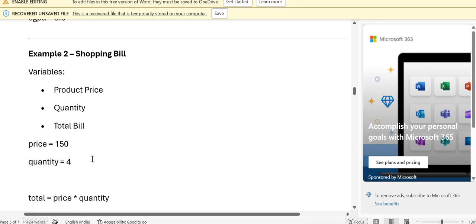In shopping bills also, you take the product price and you take its quantity, then multiply. If you bought a chocolate, maybe it is 10 rupees, and you bought 5 of them. So if you took the input of the price, it is 10, and you took the input of quantity, it is 5. After that, you print x, like the